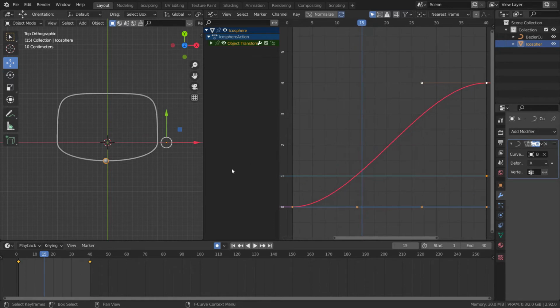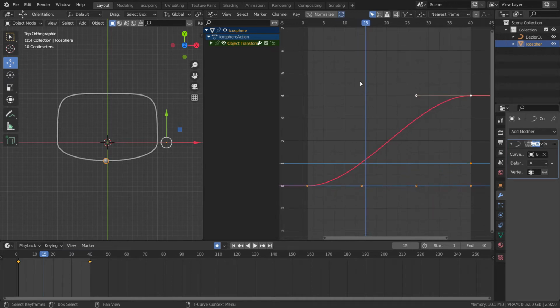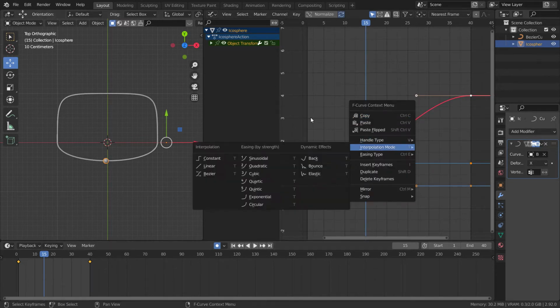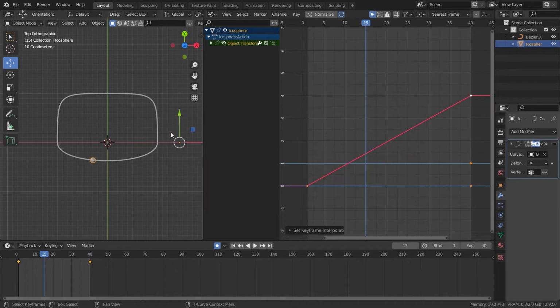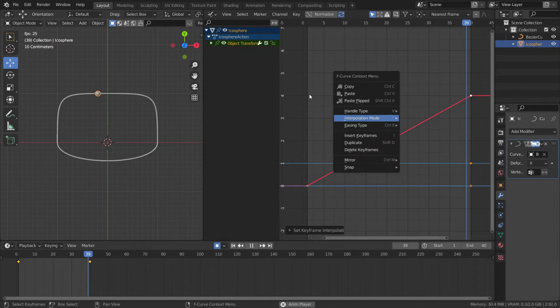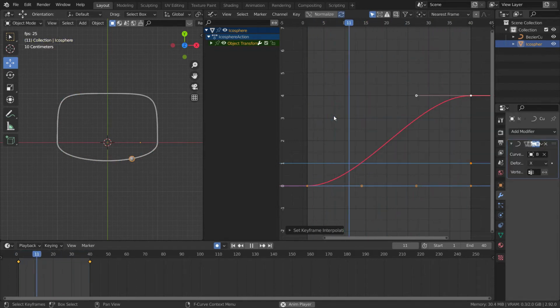It starts with some smooth value and then doesn't go linearly, it goes with some acceleration value. So to change that, you can just select your keyframes, right click, and then change the interpolation mode from Bezier to linear. Just click on linear, and as you can see, there is no acceleration. The value just goes straight. And if I again change it to Bezier, you'll notice some acceleration and deceleration at the ends.